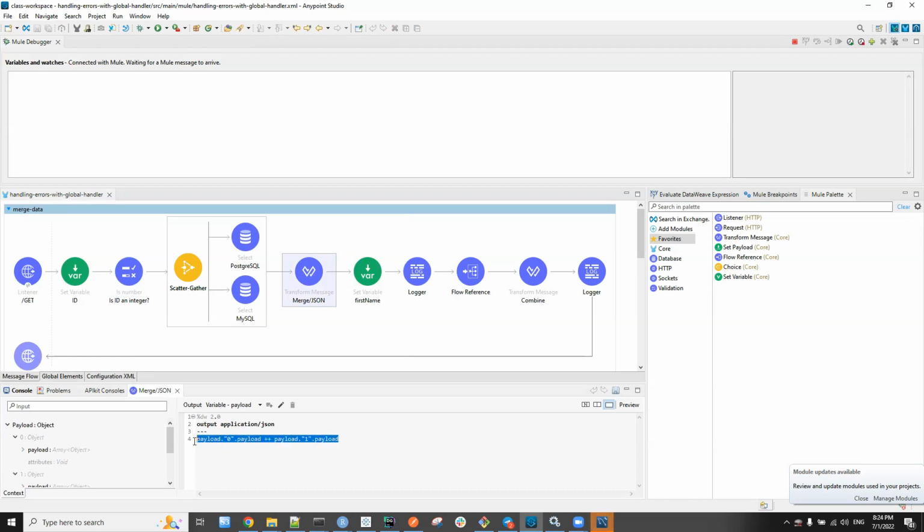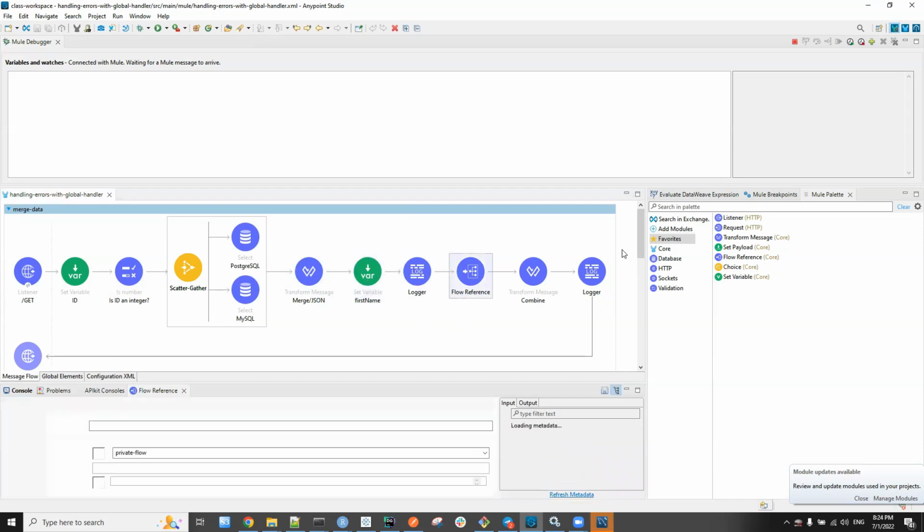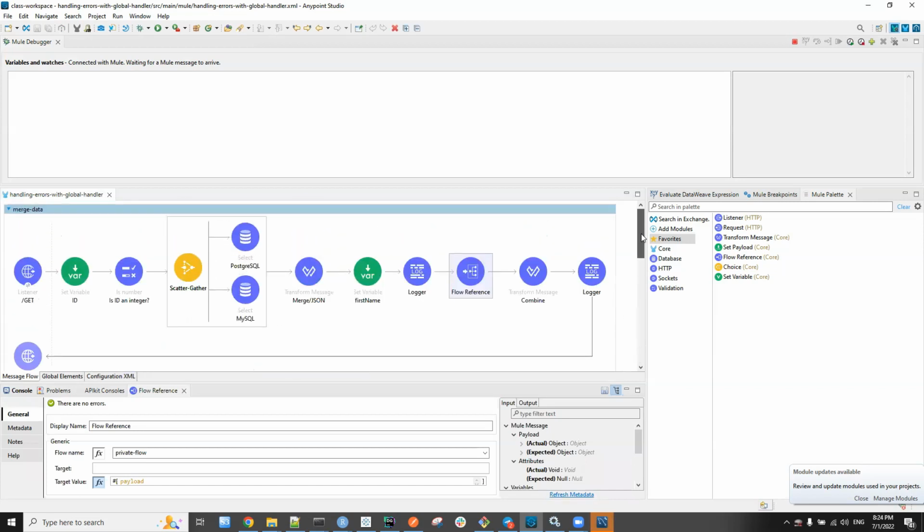And once I get this from the employee ID, I'm getting the first name of that person. And just for fun, I'm getting the nationality and gender prediction using these genderized and nationalized APIs that we saw before.